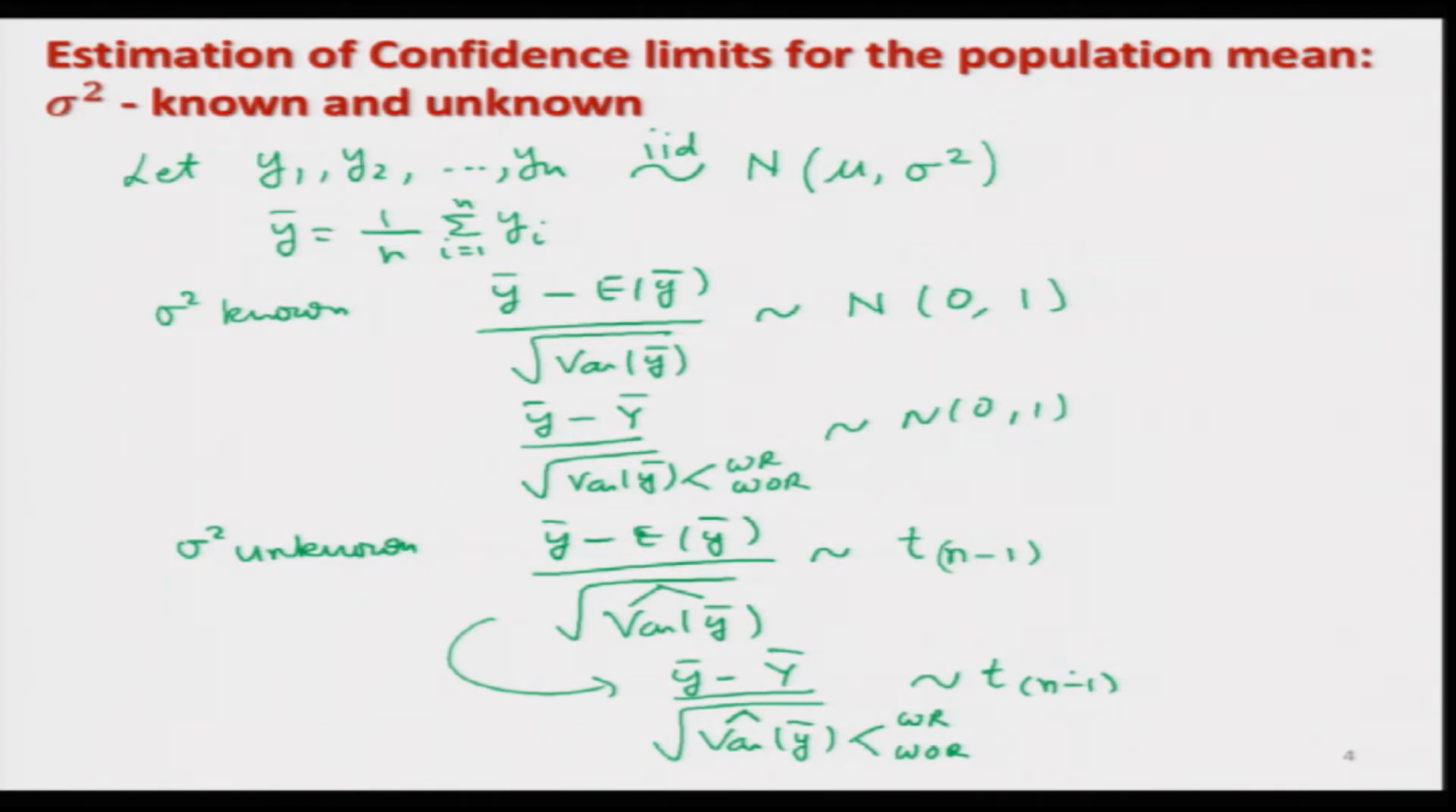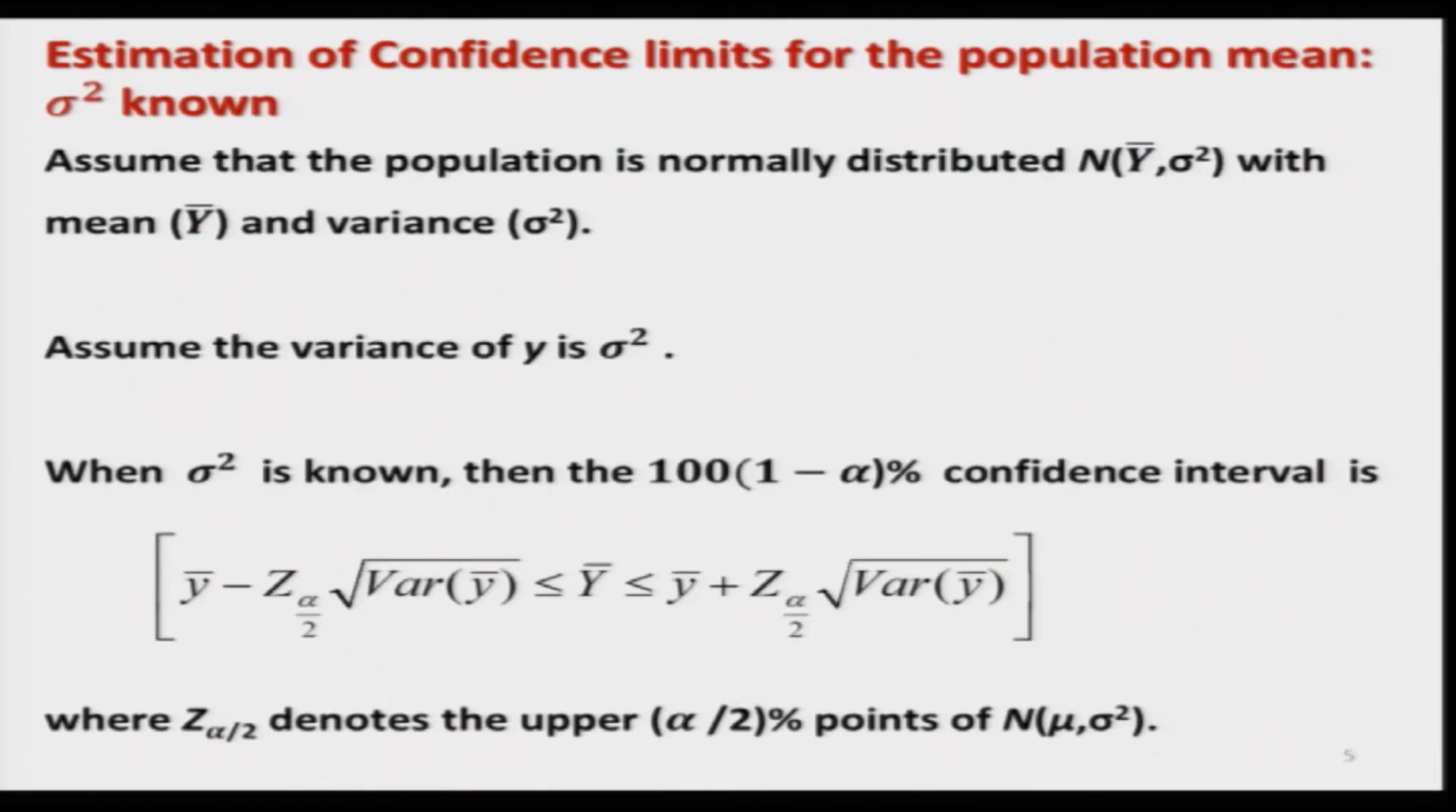So, these are the two results which I am going to use further in the construction of confidence interval estimation. Now, first I try to consider the case where sigma square is known. So, we assume that the sample is coming from a population which is normally distributed. It has a normal distribution with mean capital Y bar, which is the population mean, and variance sigma